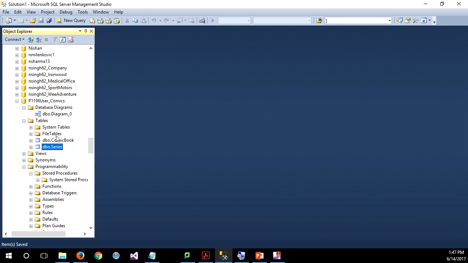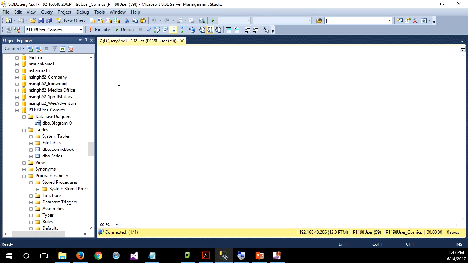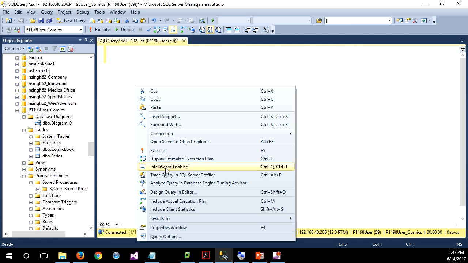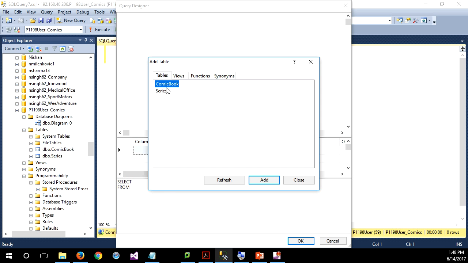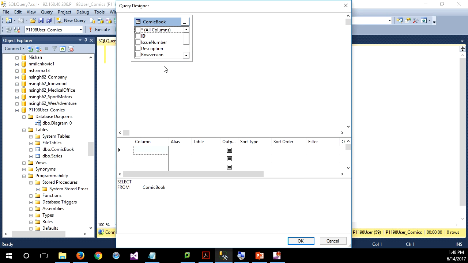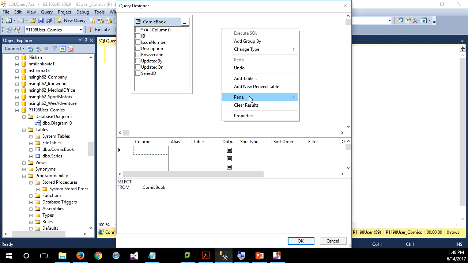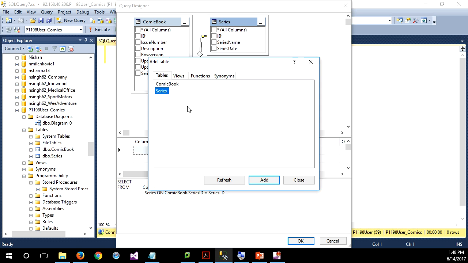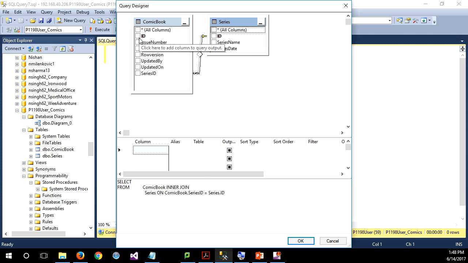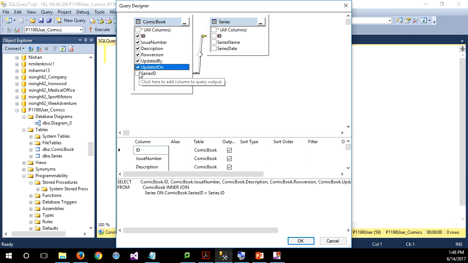So the next thing would be to make a view, right? An eagerly loaded view. So if I do a new query here, working in my comics, and with any view, as I said earlier, I start off with the query itself. So the query will be based on comic book, but all we have in the comic book table itself in terms of the foreign key here, the series, is an integer number, right? So that's why as an eagerly loaded view, we would also want to have the series table. Okay, a rule of thumb for these views is we check off everything, right? Because we need all this data, because we might need to modify it, and then anything from the lookup